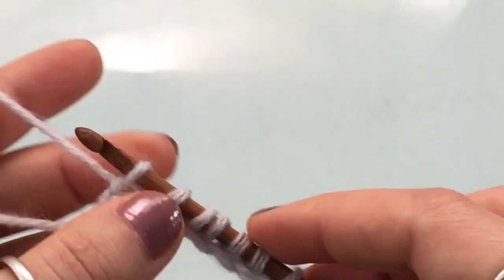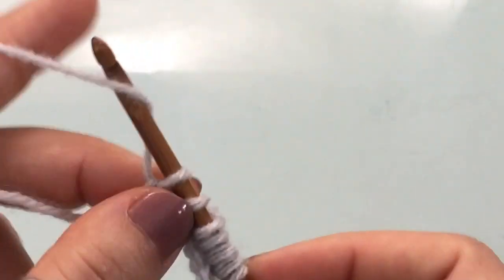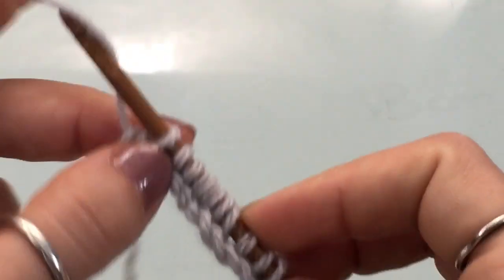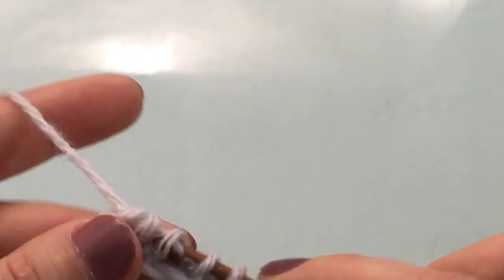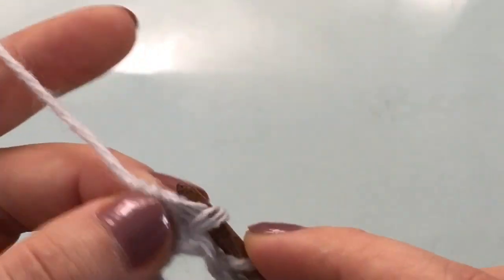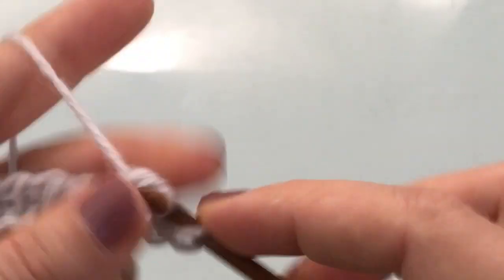Once you've cast on, we're going to work a regular return pass. For that, we yarn over, pull through 1, and then yarn over, pull through 2 for the rest of the row. So yarn over, pull through 2, yarn over, pull through 2, until we finish this return pass. There, I got stuck. Okay. So now that we've finished our foundation row,